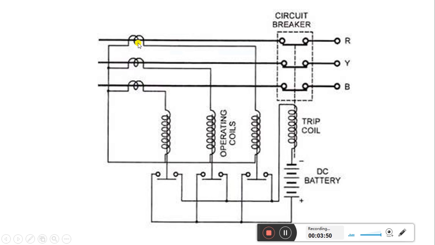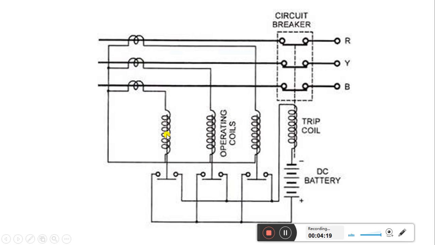It means there will be unbalanced current flowing through these CTs. Because of the unbalanced current in the three CTs, there will be unbalanced current flowing in the operating coil, and if any of the operating coils gets operated,